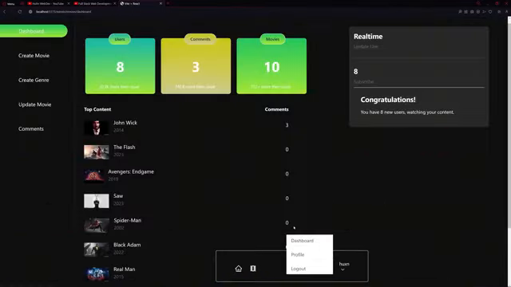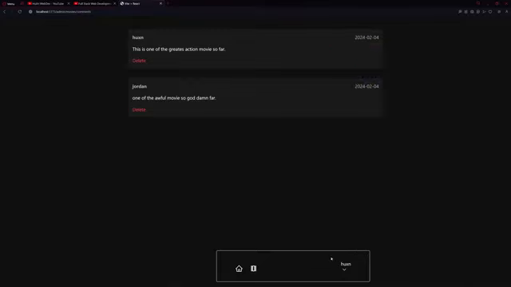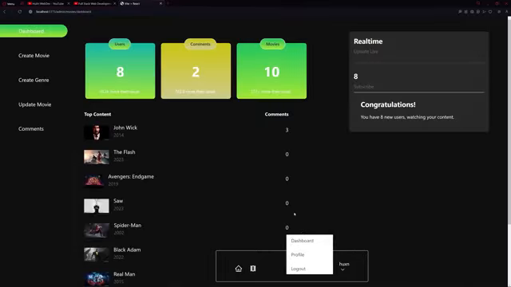We can also check all of the comments, the entire comment section. So now let me click on these comments, so we can read all of the comments, like who made a specific comment, what they are saying, and when this comment was made. Okay, so now let me click on this delete button, so we can also delete a specific comment if we don't like that. So yeah, that's the entire thing that we are going to be building in this amazing